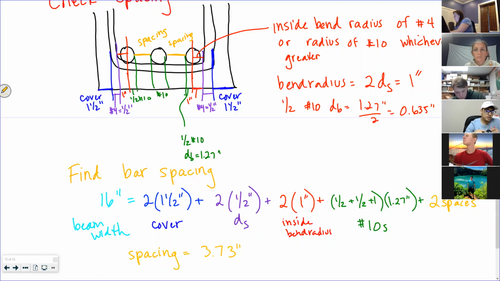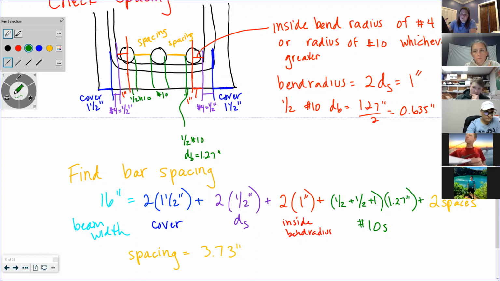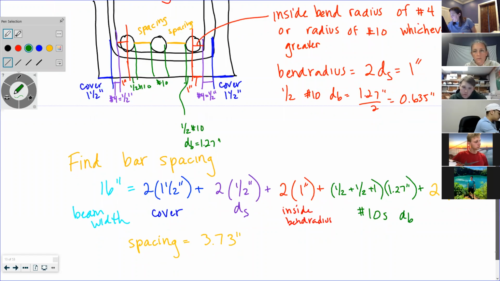The 1.27 inches, Dr. Turner, is the width of the number 10 bar. I don't have my CI book with me. It's the width, it's the diameter and the area. Let's see. Number 10 bar diameter. So if I go and check my minimum spacing,